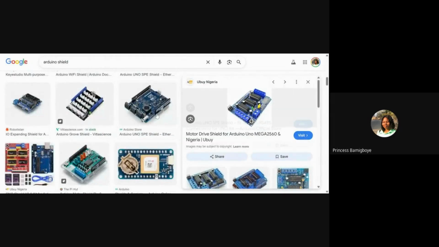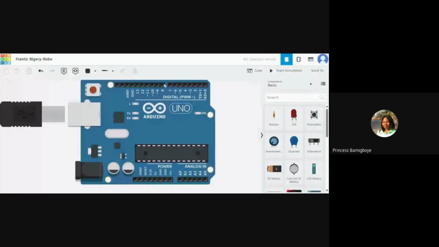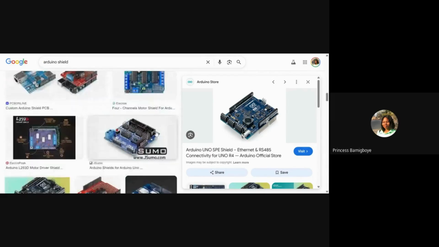to be able to attach it to these pins. You can see that these are female headers. There has to be something that will allow me to mount these shields on them. So underneath these shields, there are other pins too. You can see these pins here. There are other pins that will allow us to attach them to these Arduinos.